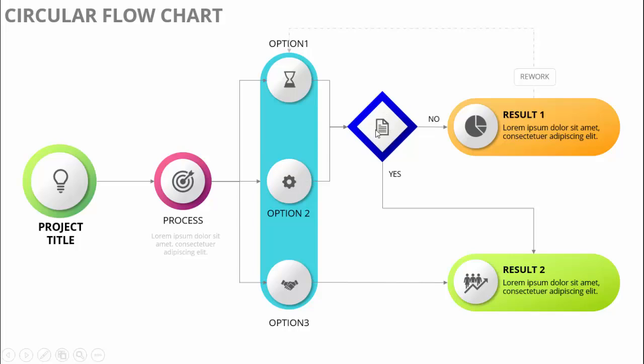And then this is the decision. If the decision is no, it's result 1 and it has to go back to rework and it will go back to the option 1. If it is a yes, then it goes to the result 2, or if it is option 3, it goes directly to the result 2. So a simple one like this you can create easily, or if you want you can make some complex design as